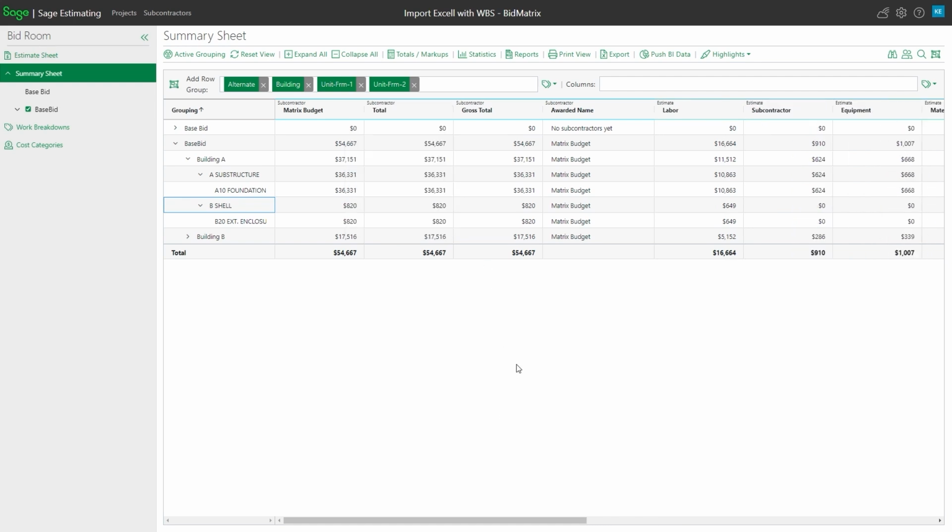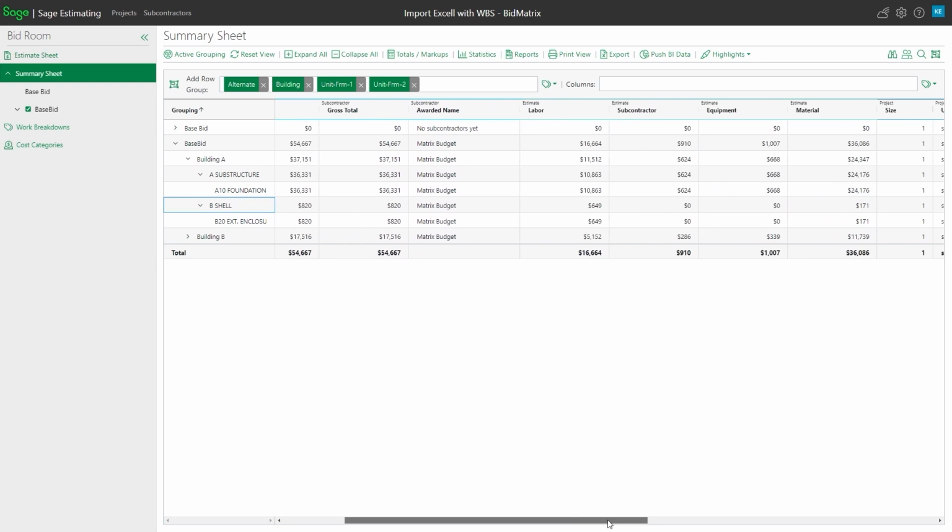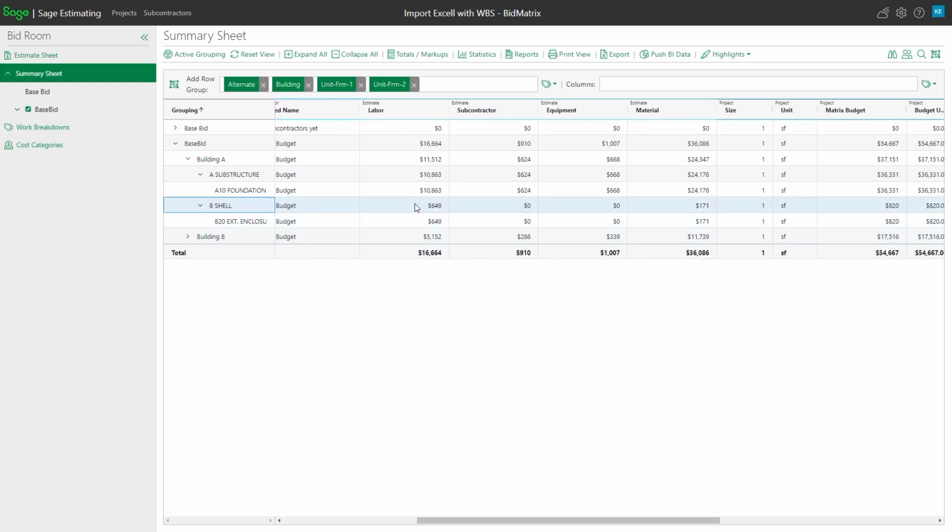And now as I go across the side here, you'll see how much labor, subcontract, equipment, material, all that same type of detail that maybe I had in an Excel spreadsheet or an estimating system, things of that nature. So by setting up WBS codes, by setting up categories before, then you can import into it, get that detail over to bid matrices, so that way you can group and sort your information by that additional content.